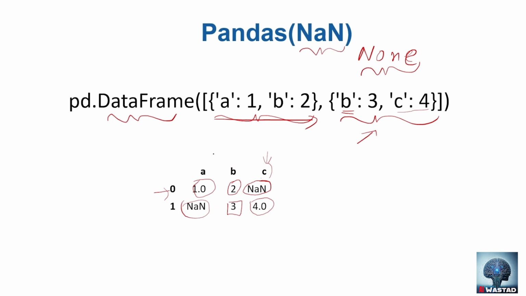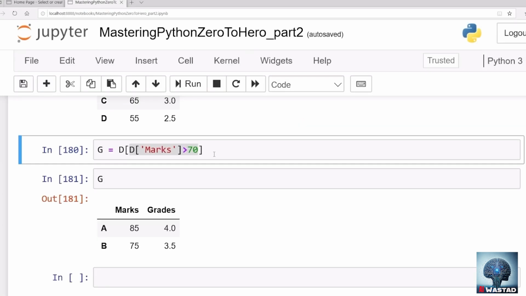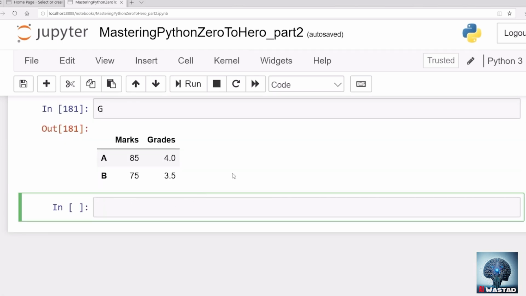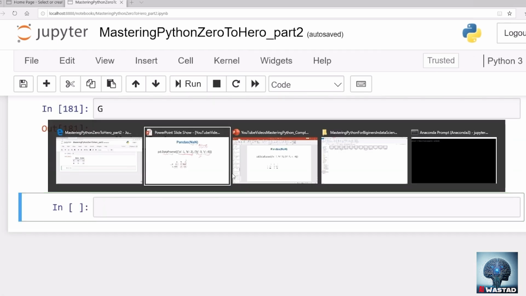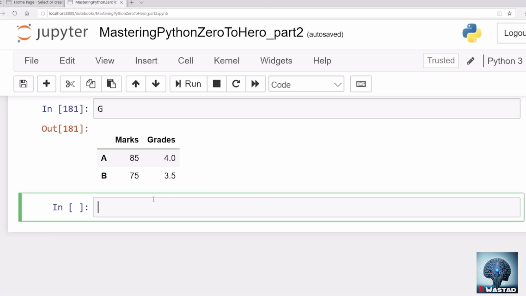So these are missing values, and they are typical when you are working with data and you're reading data and you're getting data from somewhere, or large files and stuff like so. So Pandas give some methods to handle this kind of situation. Let's say A equals PD dot data